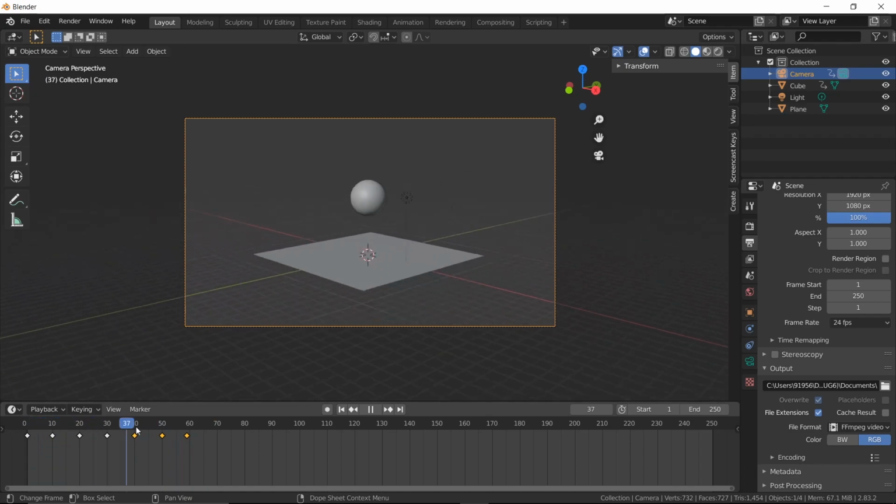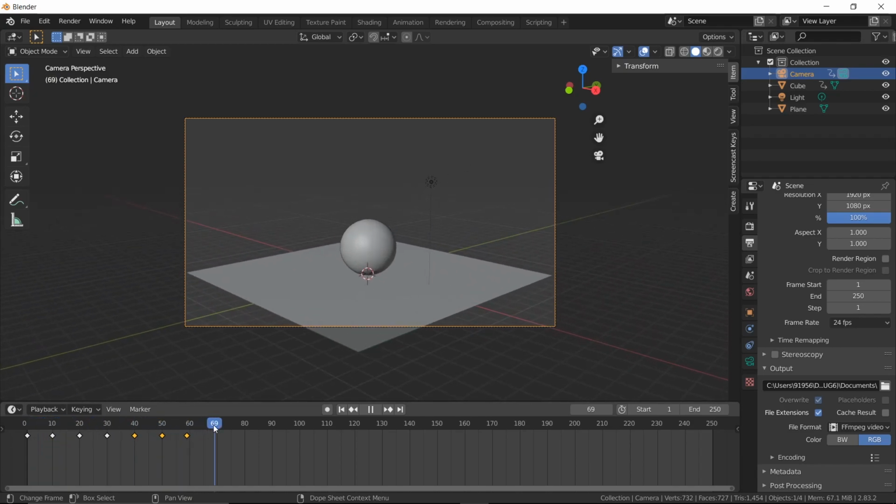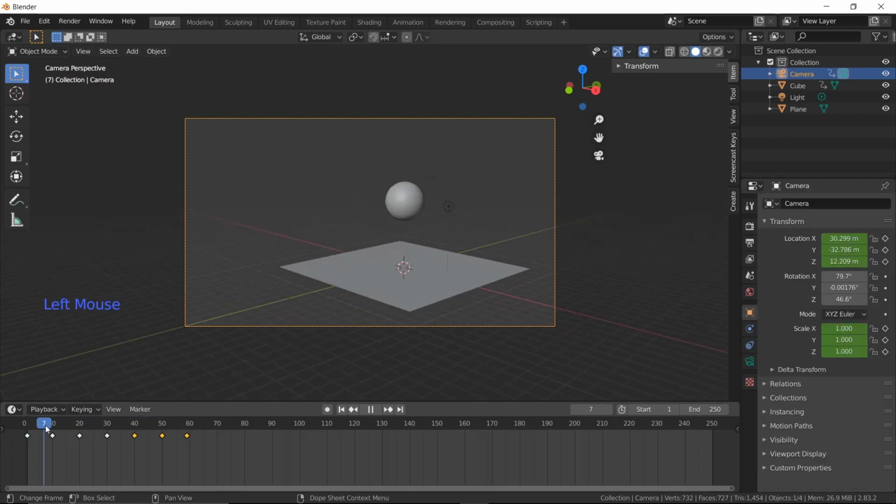We have motion till the 60th frame, so we are going to crop at the 70th frame. We do this by changing the end frame to 70. This will drastically reduce your rendering time.